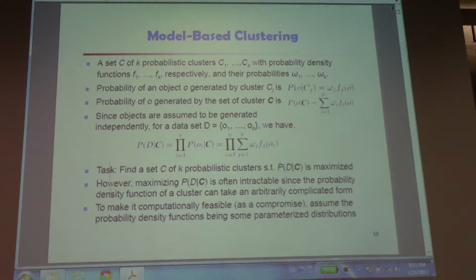Then any type of model-based approach is the same thing. Our goal is to find such parameter values so that the parameter values can represent the cluster. Each cluster means a Gaussian distribution, and each Gaussian distribution can be described by the mean and variance, which means each cluster can be represented by the mean and the variance. So